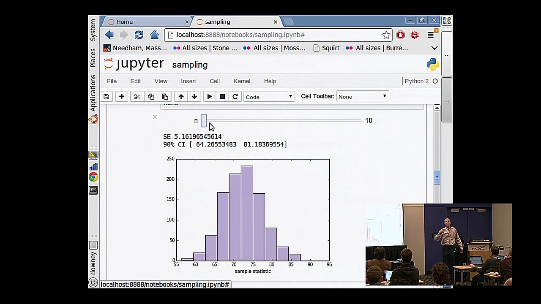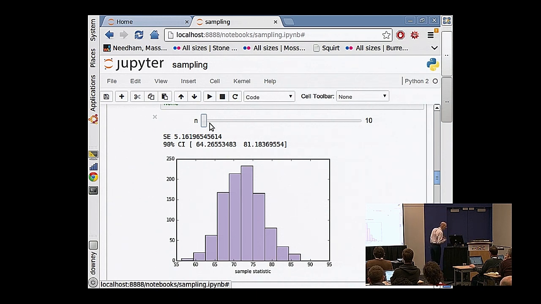And you can think of it as most of the numbers are going to be plus or minus 2 standard errors. In fact, 95% of them are going to be plus or minus 2 standard errors. Or if you want, you can make a 95%, oh, I did 90 here. You can do a 90% confidence interval, which is to shave off 5% from this side and 5% from that side, and the middle 90% is the confidence interval. Okay? And either of those are the standard ways to summarize this distribution.